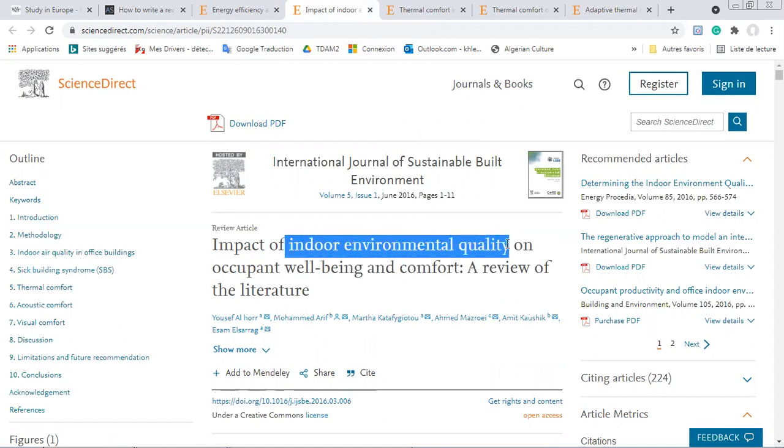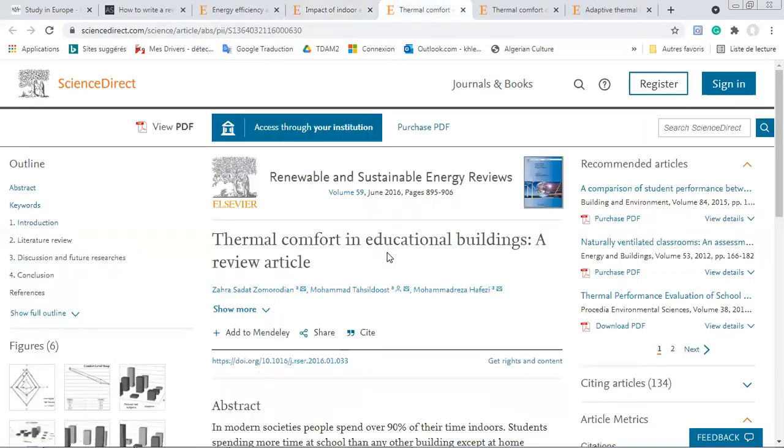It is general. I mean, because the indoor environmental quality has four parameters: the thermal comfort, the visual comfort, the acoustic comfort, and the indoor air quality. But my research deals with the parameters which are in relation with the energy consumption, which is thermal and visual comfort. Once I finished reading the review articles, I moved to the second step, which is